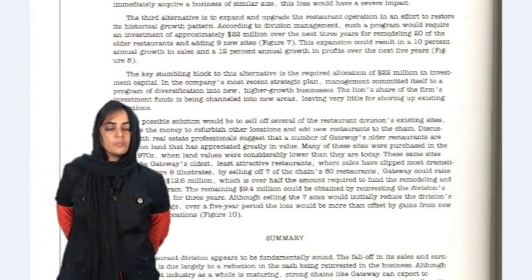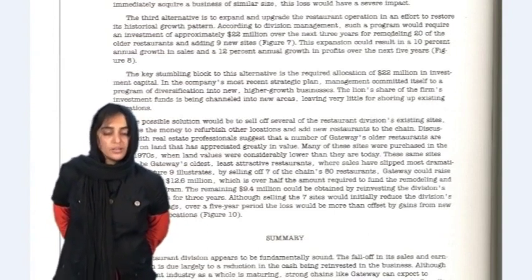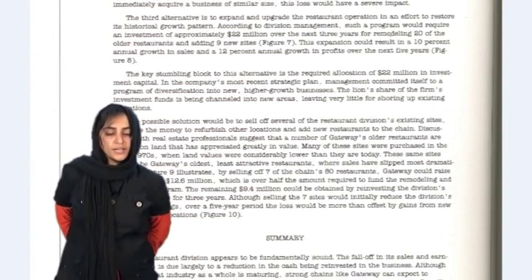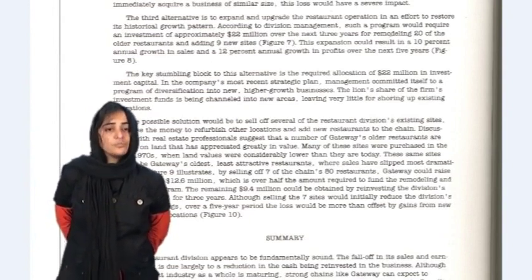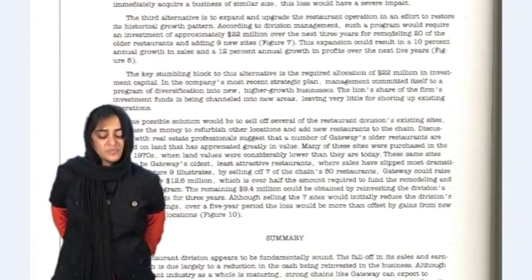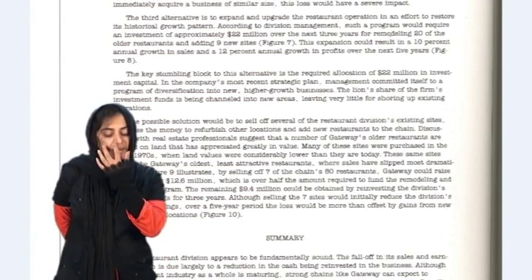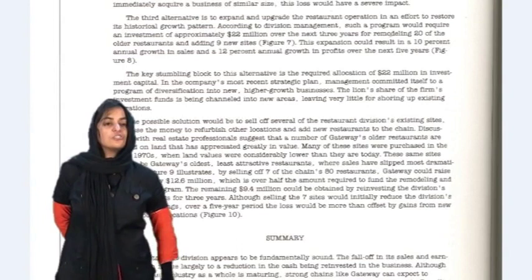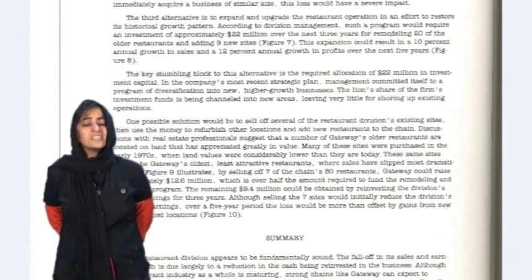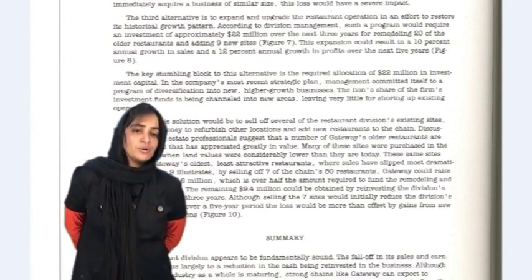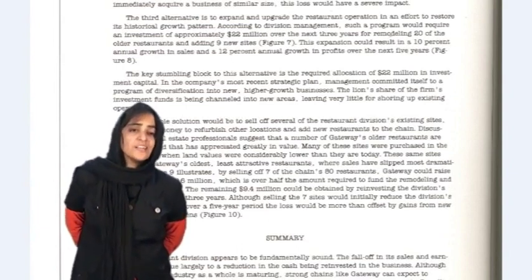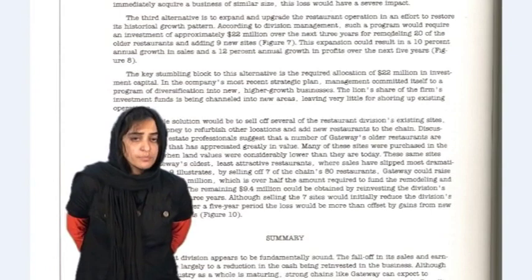So, dear students, this was an example of an analytical report that was written on the basis of the 2 + 2 = 4 approach. We started our lecture by discussing the analytical reports that can be divided on the basis of 3 methods. One was the 2 + 2 = 4 approach, second was the scientific method, and the third was the yardstick approach. And today we could complete the first one, that is the 2 + 2 = 4 approach.